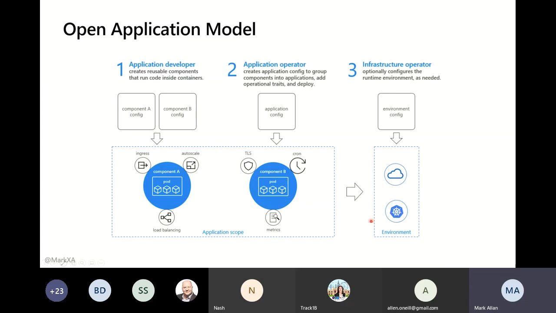It could be Kubernetes, but it could equally be Service Fabric or App Service, or something else, or whatever they've got running in Alibaba that isn't one of the Azure things, and still be able to deploy that out.